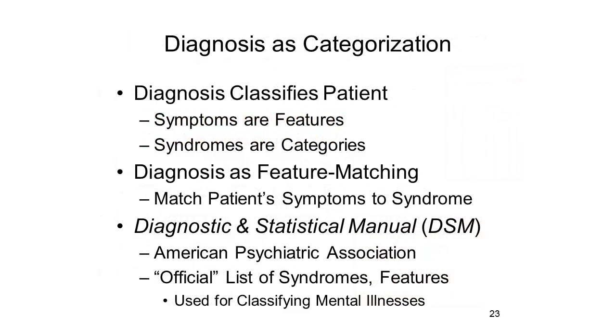The diagnosis of mental illness is essentially an act of categorization, in which patients or their illnesses are assigned to categories based on the same sort of process that we use when we categorize other objects. In psychiatric diagnosis, or for that matter, any form of medical diagnosis, the patient's symptoms and signs serve as features. And what the clinician does is to compare the patient's symptoms and signs to those that are associated with various